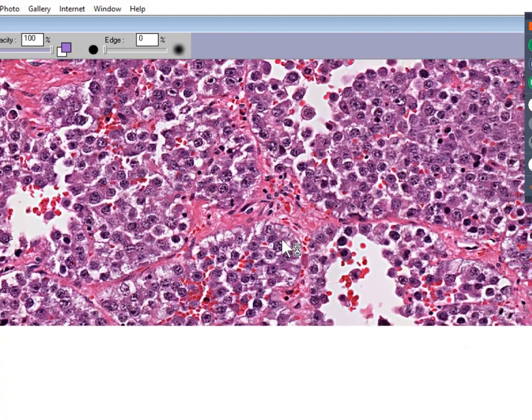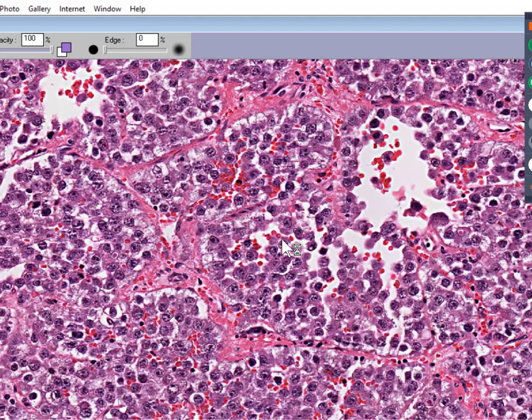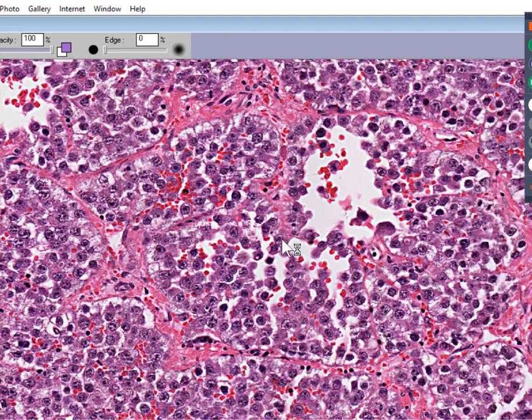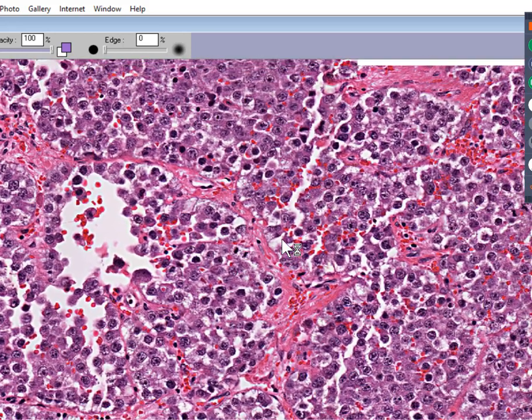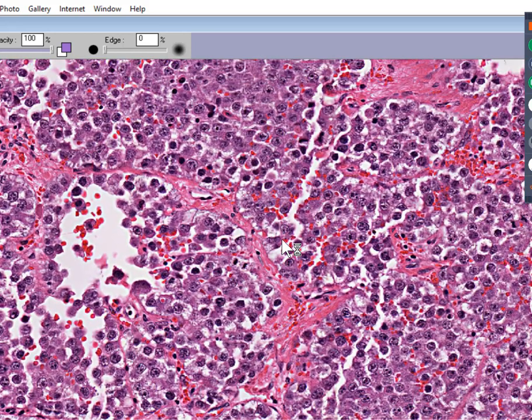Now, I want to show you another feature of many seminomas, but it doesn't show quite well in this one. But notice that this seminoma not only has predominantly these nucleated, primitive, non-differentiated cells, like all of these cells here, but occasionally, 1, 2, 3, 4, 5, they're stippled